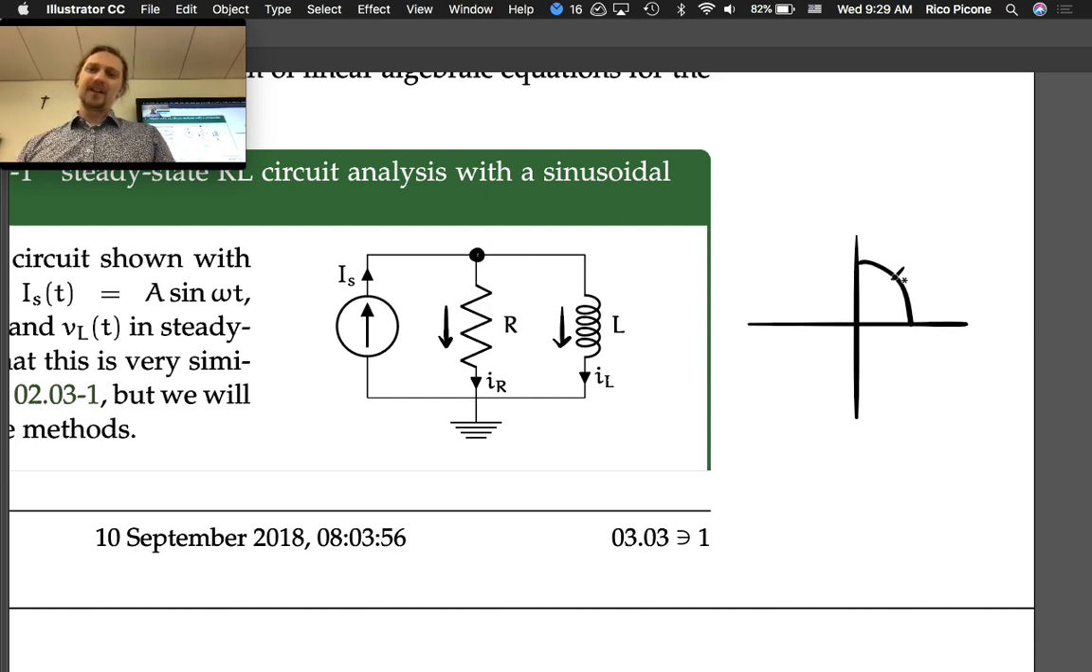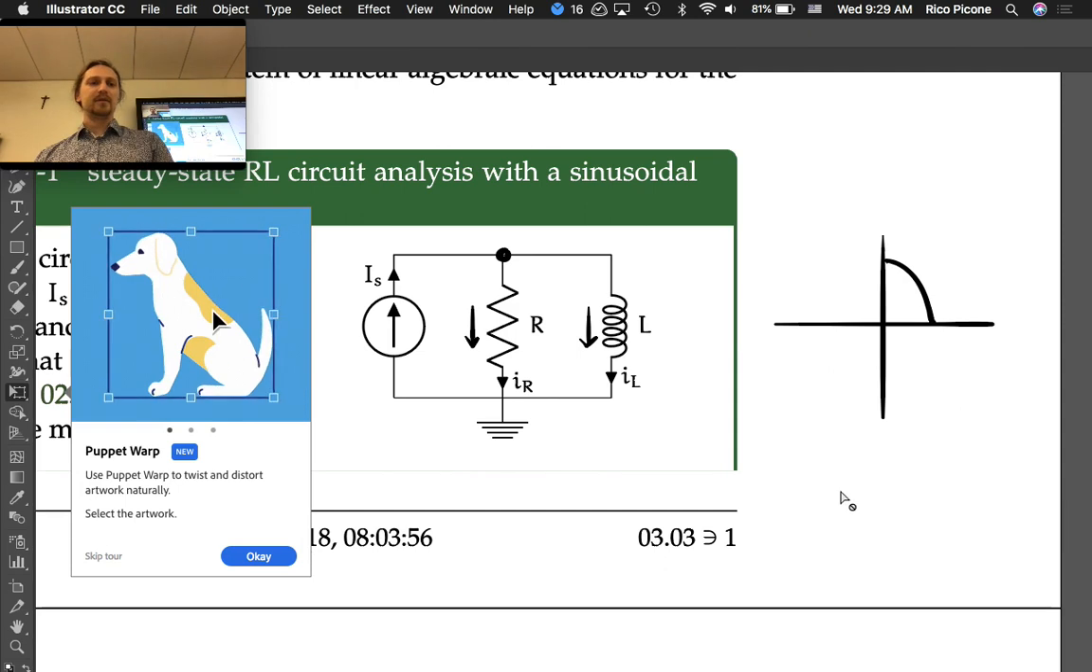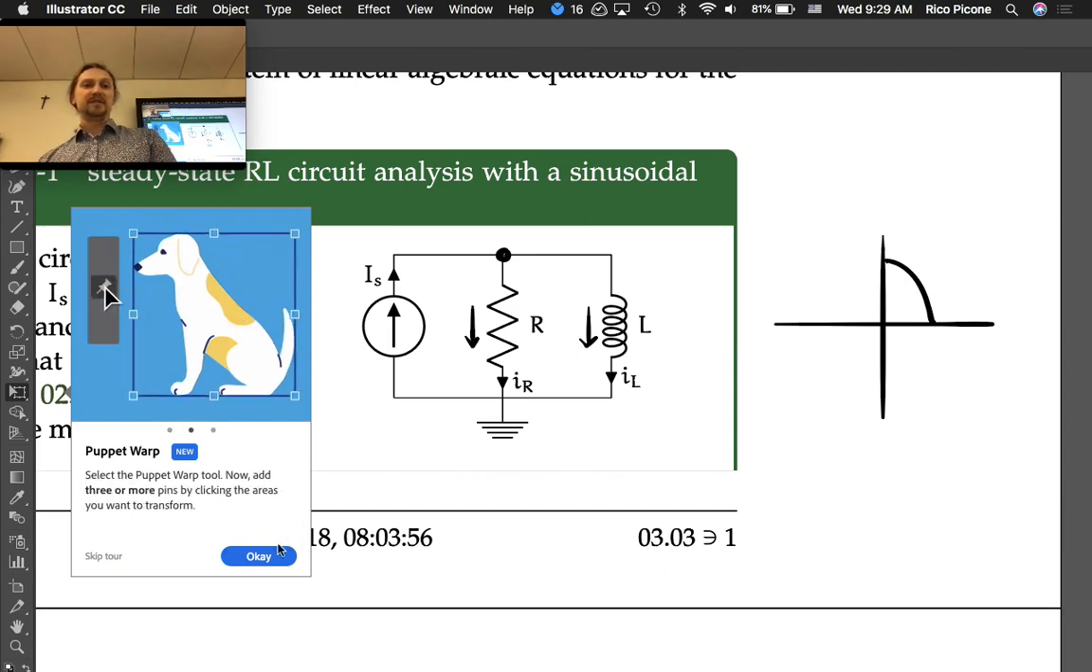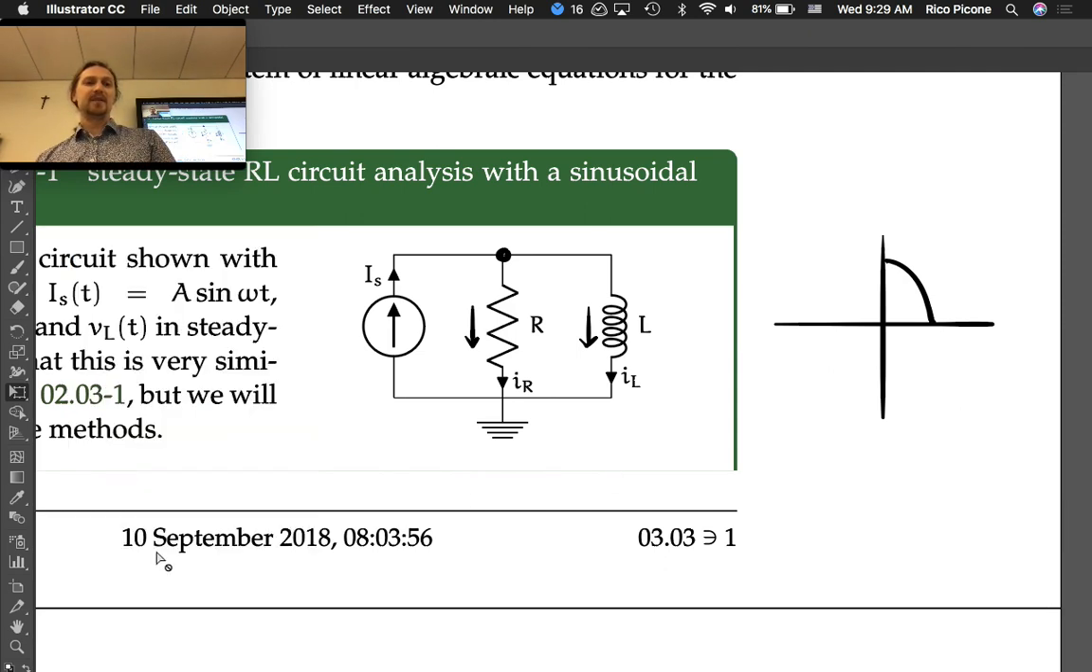I always look at the unit circle, and I have to say that the cosine term is 90 degrees behind the sine term, right? So if I was to write IS as a phasor,